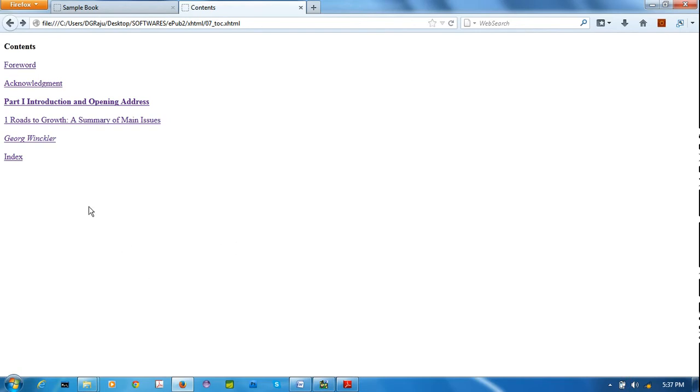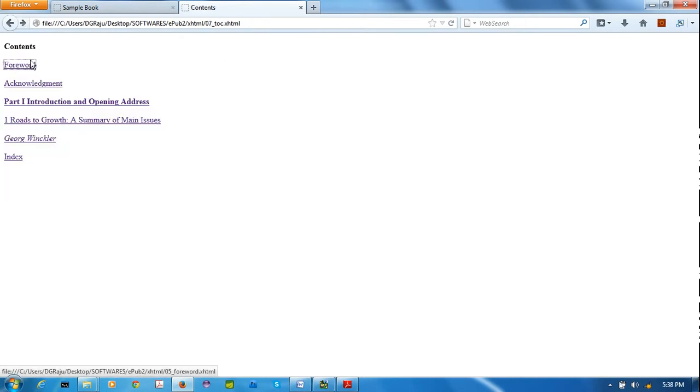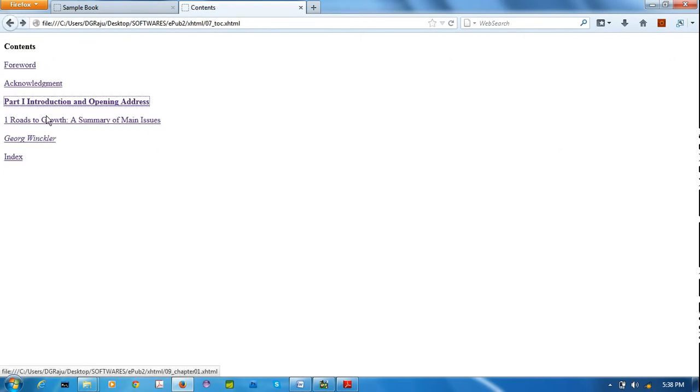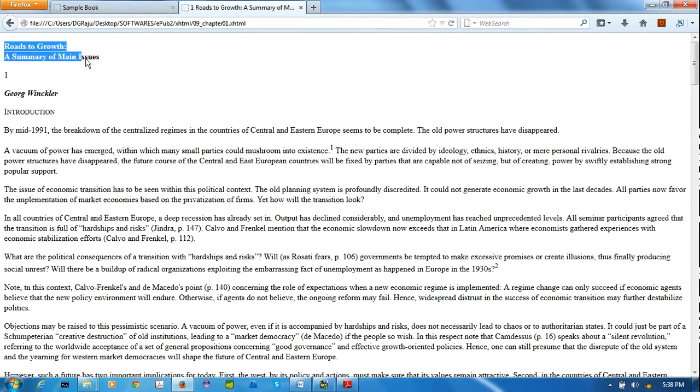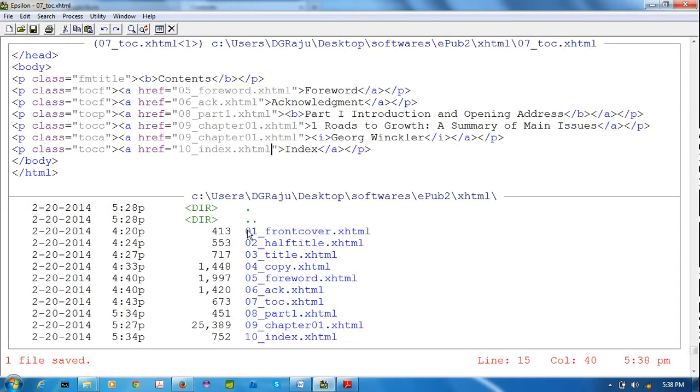But I am clicking here. This is called the forward link from TOC to chapters. Now I want a reverse link, meaning whenever I click this, it has to go to the TOC file. Okay, I will give the links. And for a particular word, I am giving IDs here. This is forward.